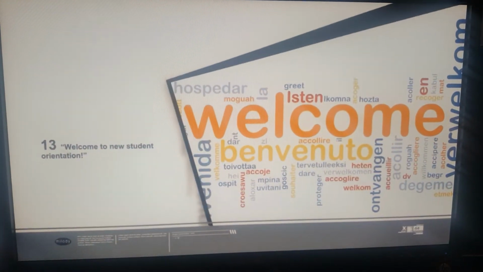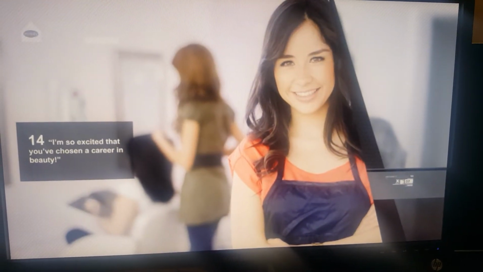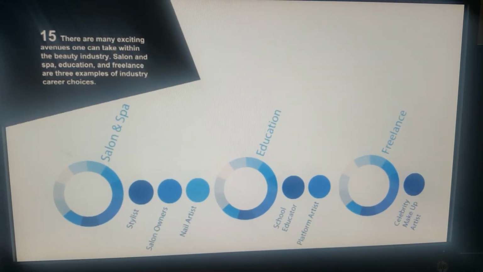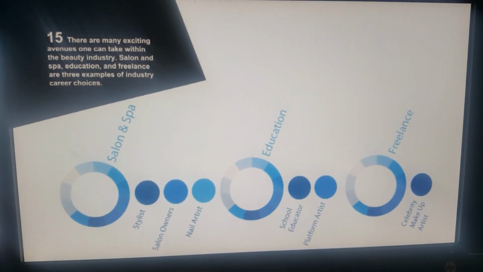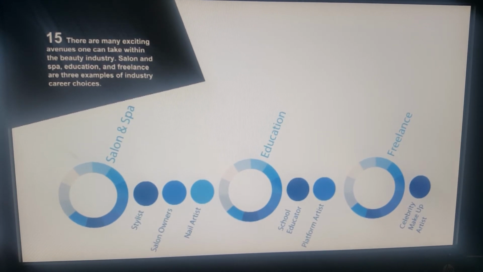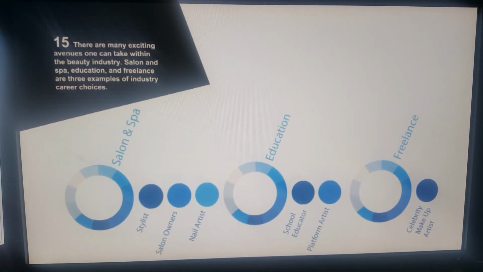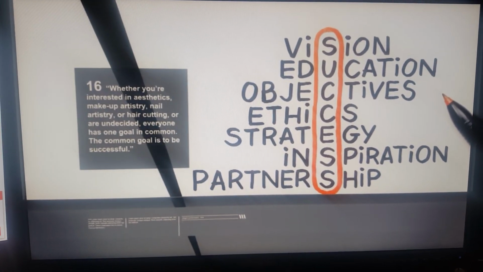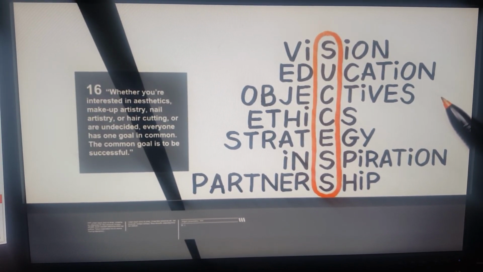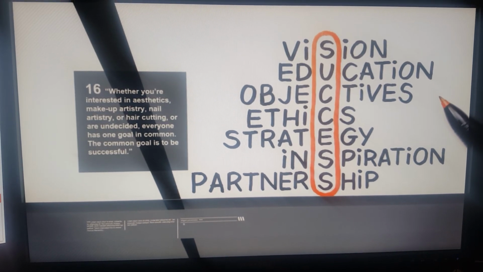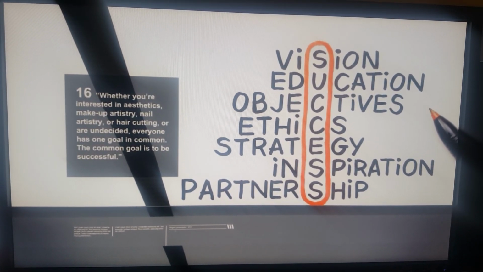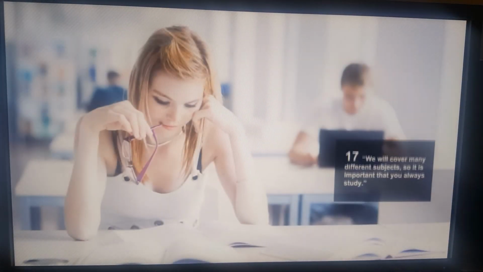Welcome to New Student Orientation. I'm so excited that you've chosen a career in beauty. There are many exciting avenues one can take within the beauty industry. Salon and spa, education, and freelance are 3 examples of industry career choices. Whether you're interested in aesthetics, makeup artistry, nail artistry, or hair cutting, or are undecided, everyone has one goal in common. The common goal is to be successful. We will cover many different subjects,